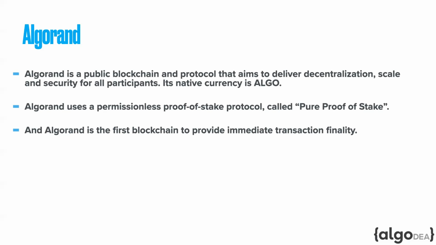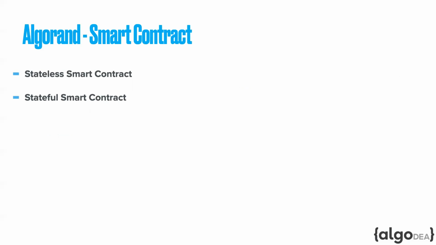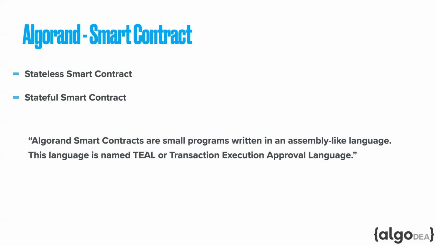Let's go through different features supported in Algorand. I'll just highlight some of the key features which we will be covering during this demo. Similar to other blockchains like Ethereum, Algorand also supports smart contracts. There are two kinds of smart contracts supported in Algorand: stateless smart contracts and stateful smart contracts. Algorand smart contracts are small programs written in an assembly-like language, and this language is called TEAL, or Transaction Execution